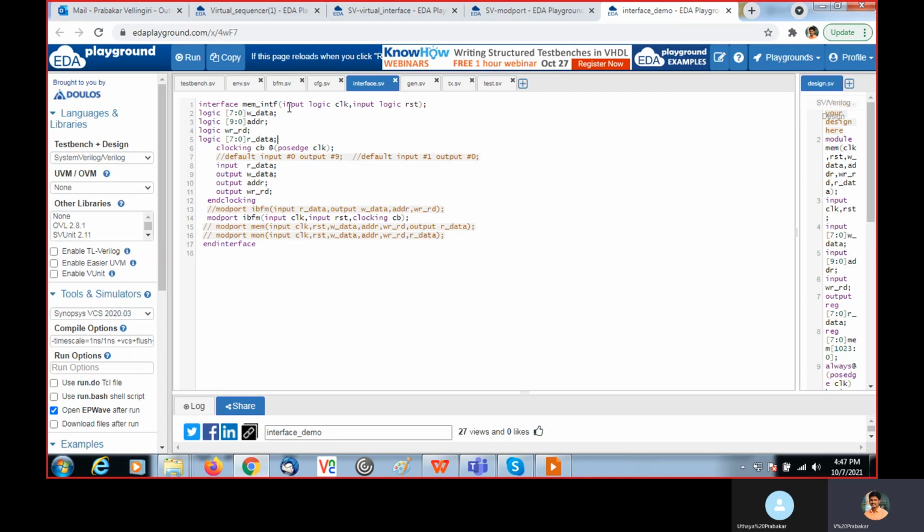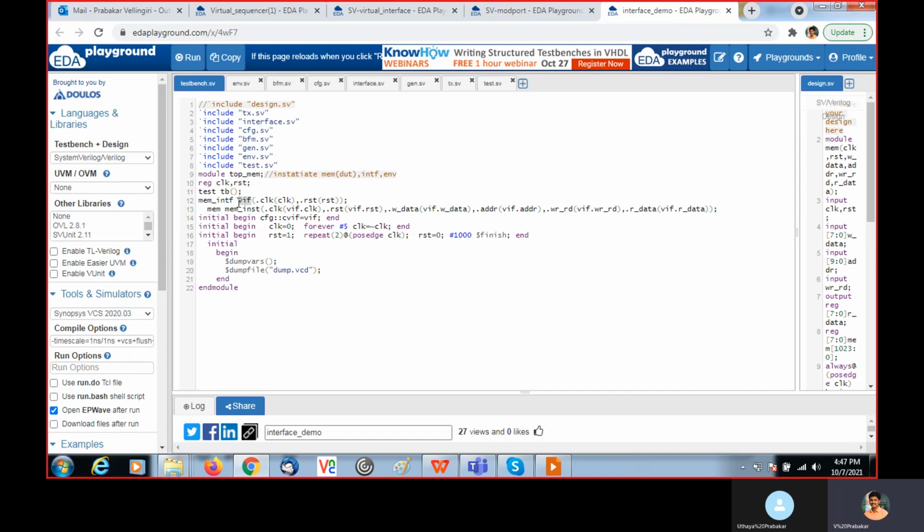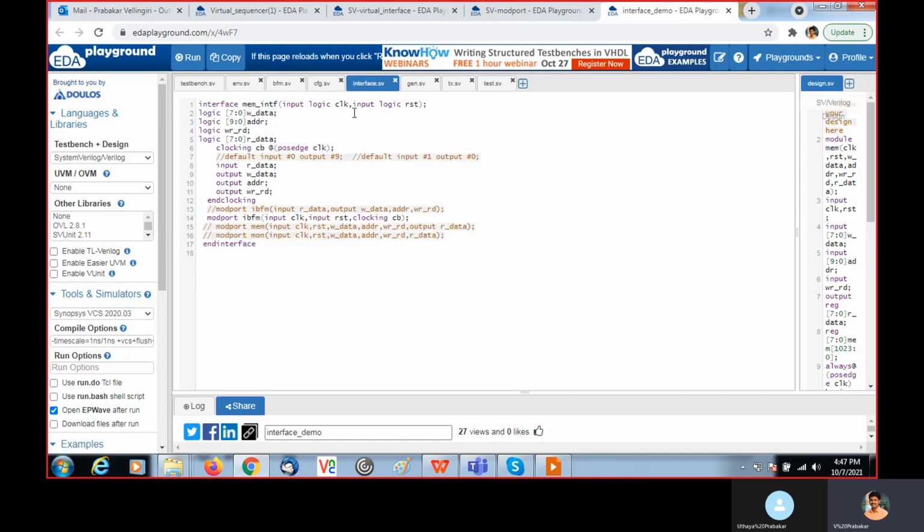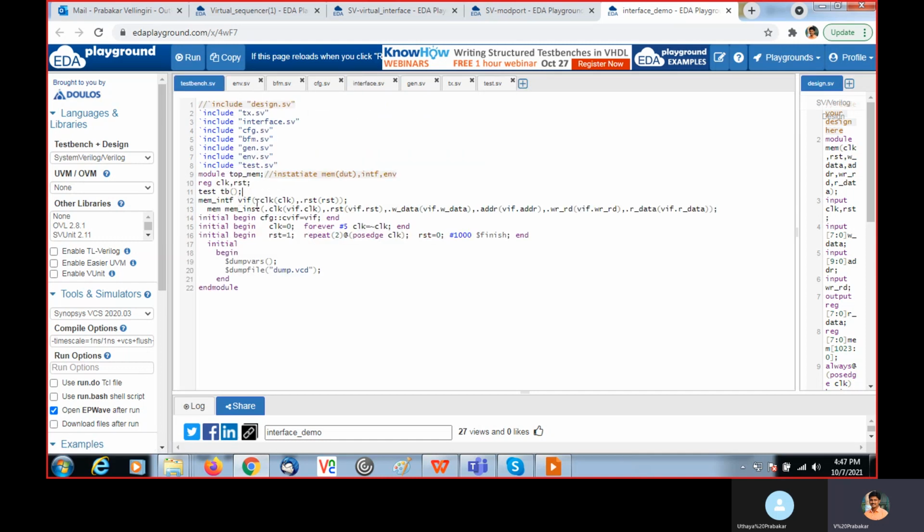See, in the interface: input logic clock and input logic reset. So clock and reset we are receiving here in the interface, and we are passing them here. So we map and pass, or directly you can pass clock and then reset. Thus it is created here.